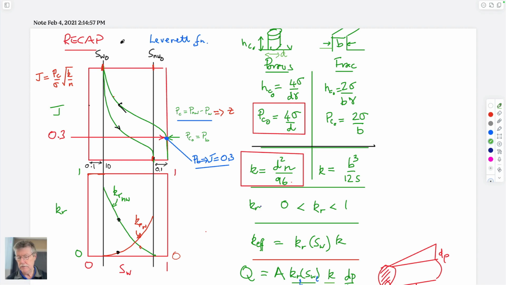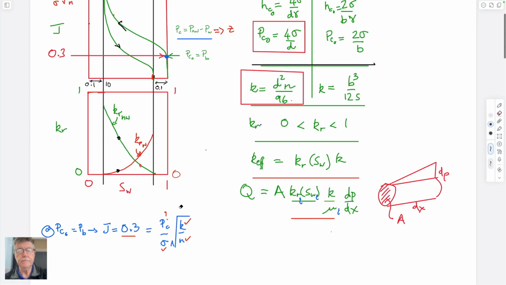Oh, that's inside. Where's the... All right,